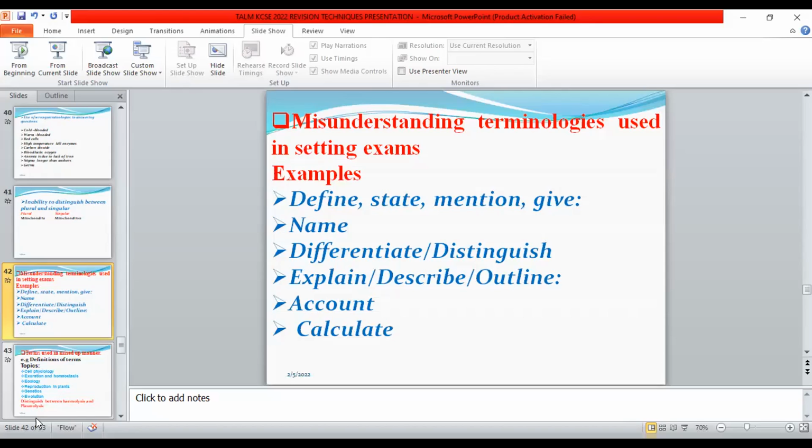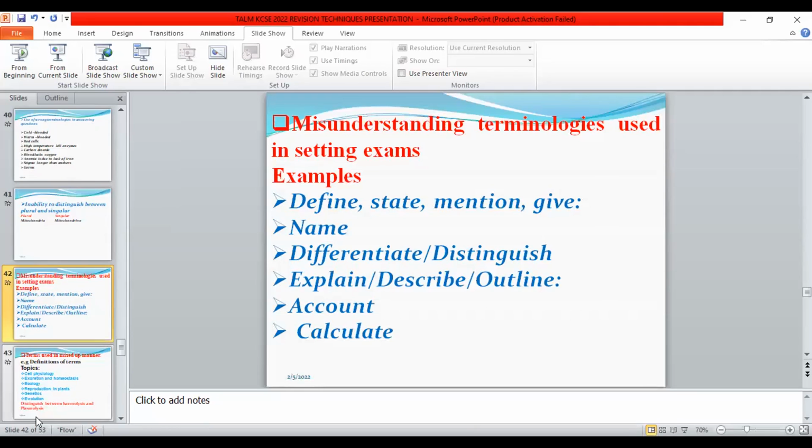Accounting, we have said that we have the marks being awarded in stages. If, for example, it is a graph or an experimental setup, they should first of all give the observation, unless it had been tested previously in the other part of the question. Calculating, another area where students have a problem, and we have been awarding marks since 2017 on the formula which the candidate has given. Then the second step, if the question is carrying 3 marks, we have the other mark on substitution of the figures which have been given together with their units, and then the final answer.